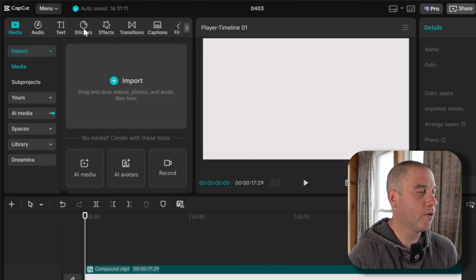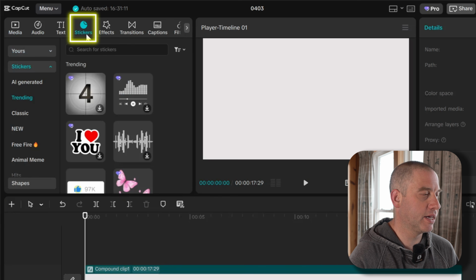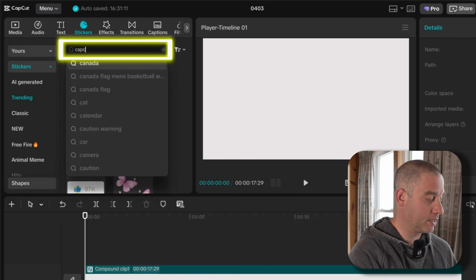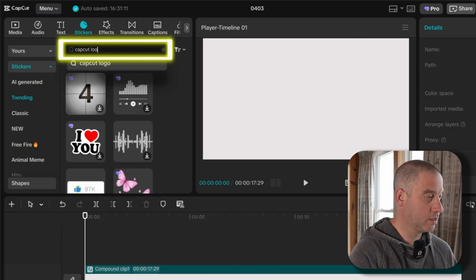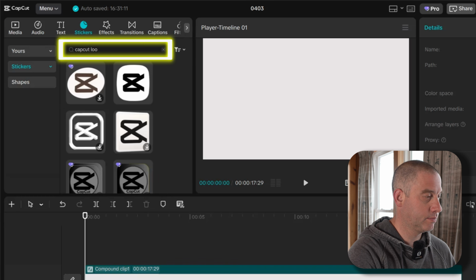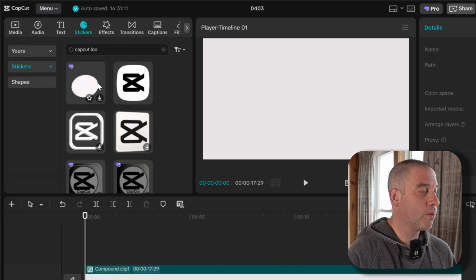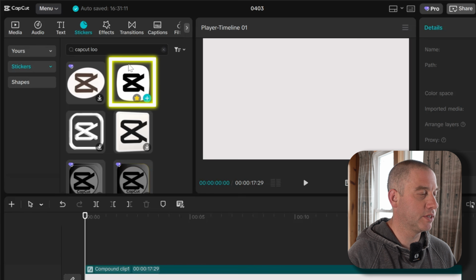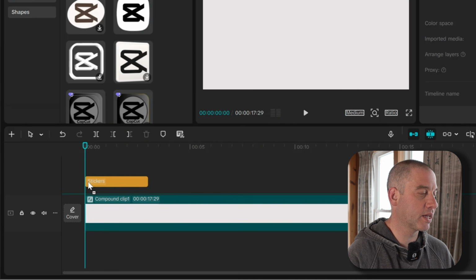So we're going to go over to the stickers tab. We're going to click on that. And then from there, we're going to go to the search bar and type in CapCut logo and hit enter. And then we don't want to use a moving one like this. For this particular demonstration, I'm just going to use a stationary one. I know this one's stationary, so I'm going to click on this, hold the click, drag and drop it down